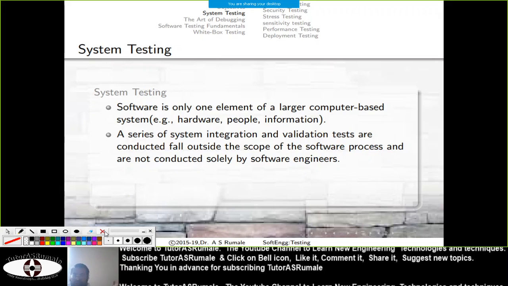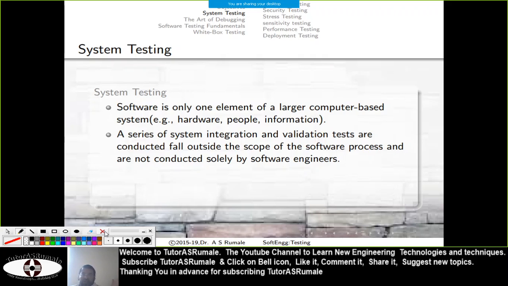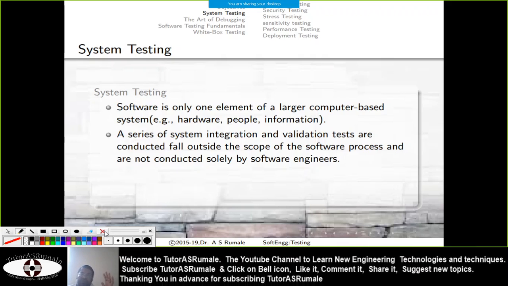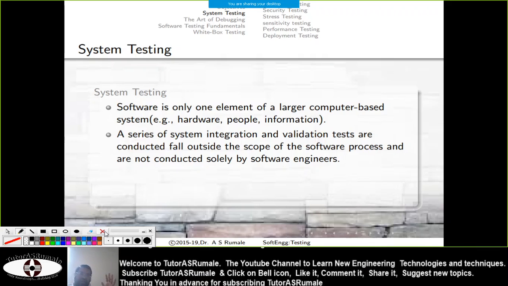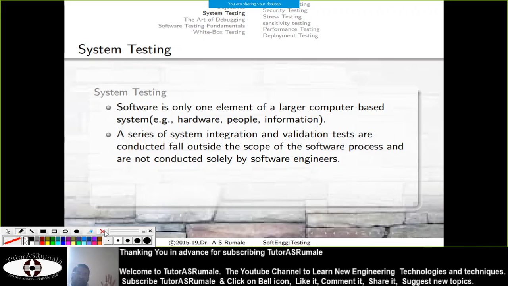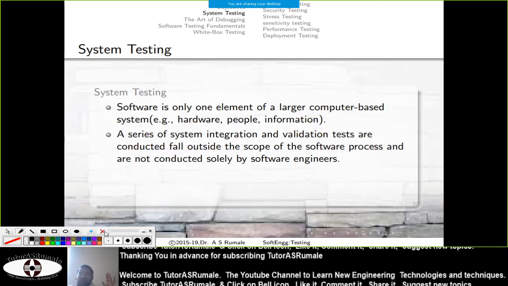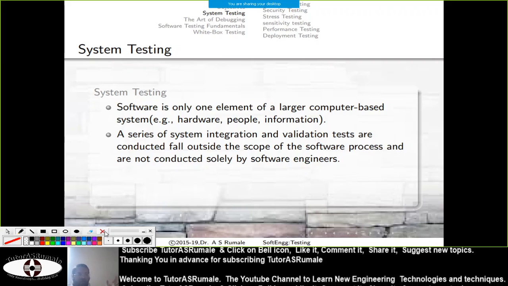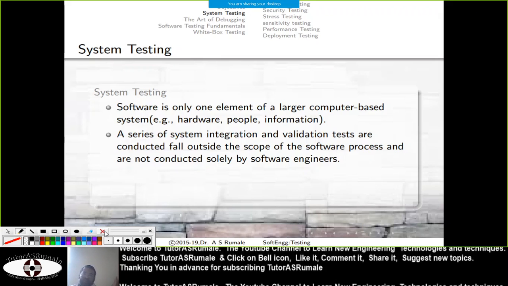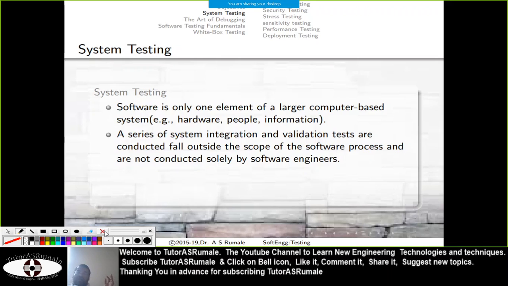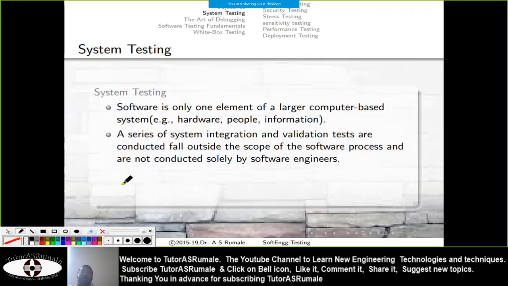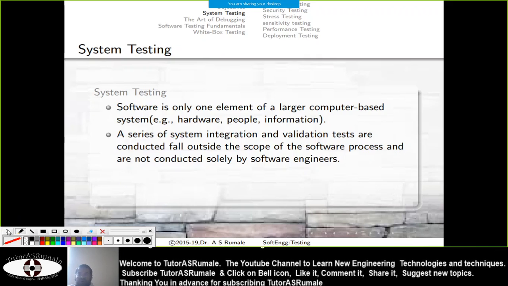So who actually goes for this validation testing? There are two types of departments in a business. One is the HR department, human resource department. Another is the marketing department. These two departments work with customer relationship management, what we call CRM, or ERP, enterprise resource planning. Again, these are software designed on certain principles of business management, or what we nowadays call business intelligence. Those are carried out by those people. So this is out of the scope of a software engineer.